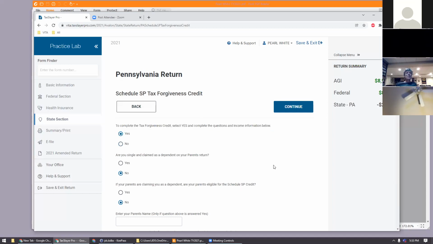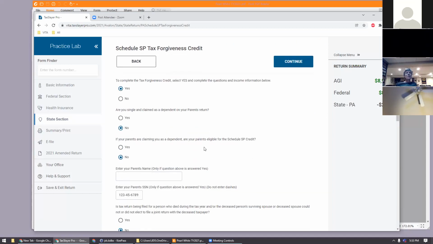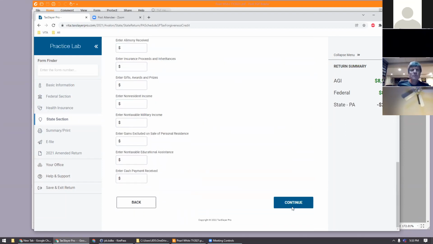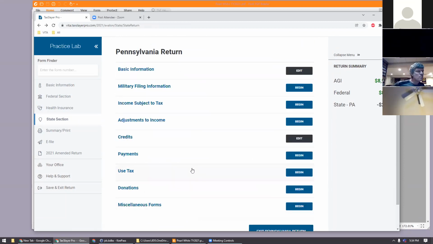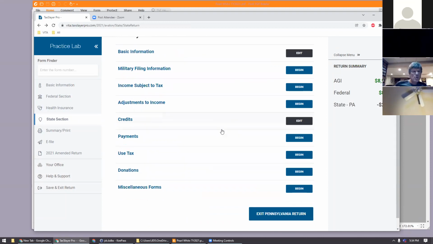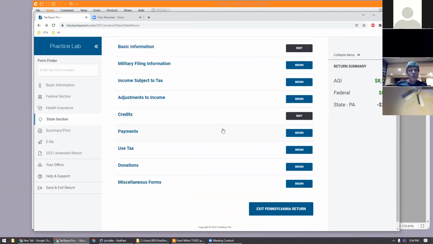There are other questions to answer below that I'm not going through. Again, this training is simply the basics of the Pennsylvania return. So that's all I need to do to see if Pearl White qualifies for tax forgiveness. And I'm going to back out of that flow. We'll look at a PDF of the Pennsylvania form to see where that tax forgiveness credit appears, as well as the worksheet behind it. But I'm going to move on to Pearl White's